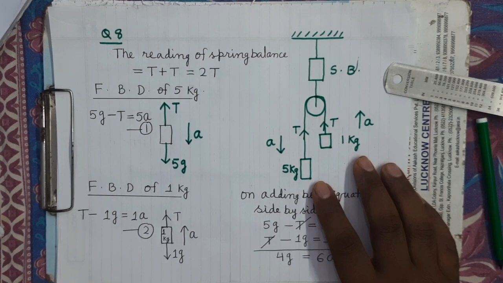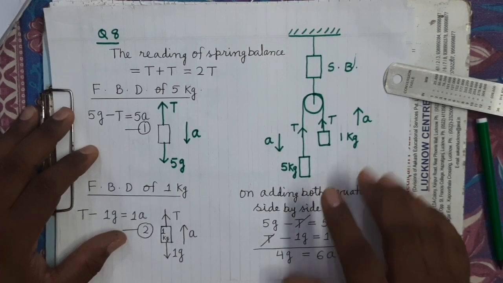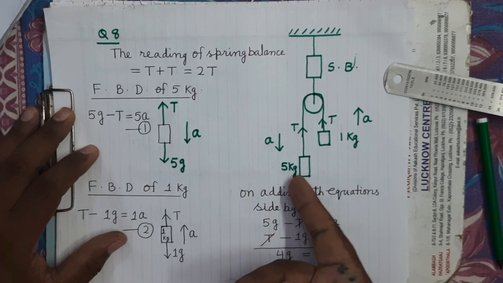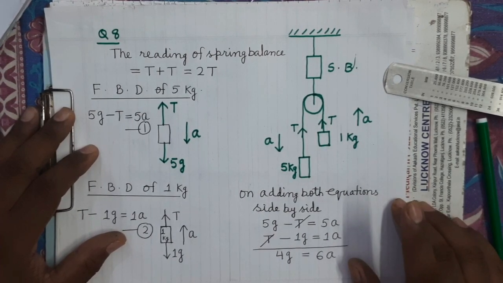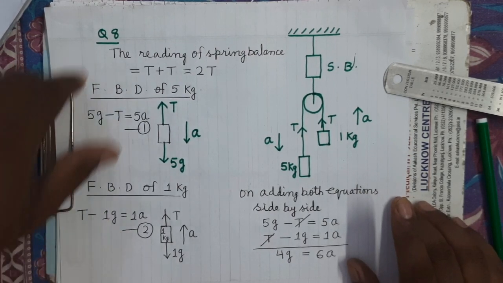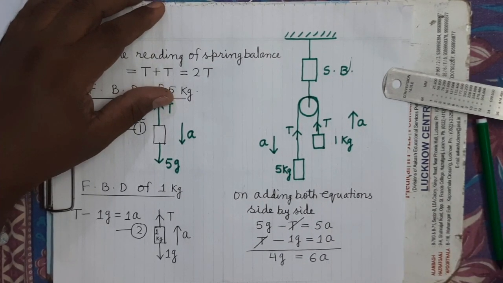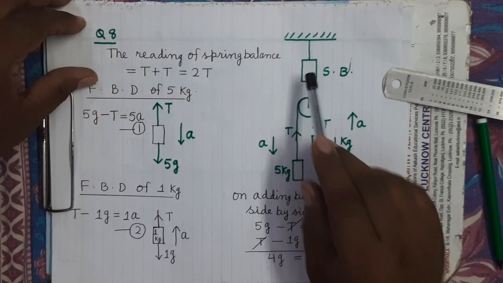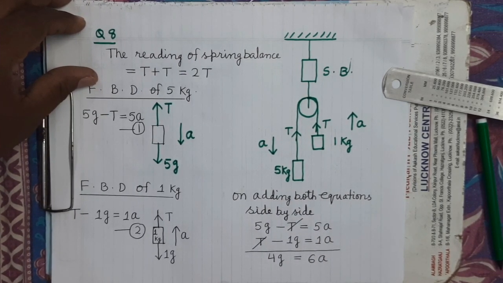So the cord passing over the pulley carries 1 kg and 5 kg weights which move under the action of gravity. Because the heavier block is here and this is lighter, it will move in this direction and the lighter one will go upward. Will the spring balance read 6 kg weight, or less than 6 kg weight, or more than 6 kg weight during the motion of the weights? You have to determine, when these two blocks are moving, whether the spring balance will record 6 kg weight, less, or more.